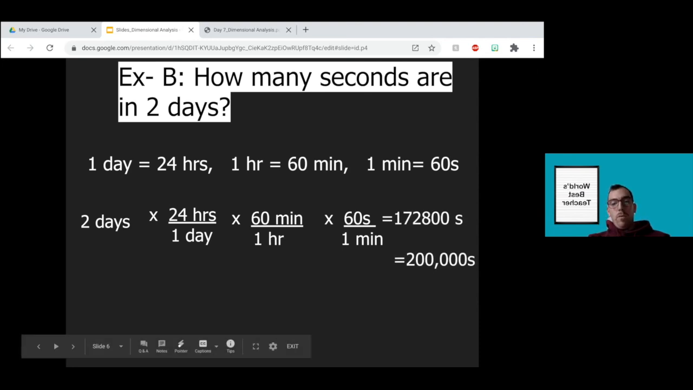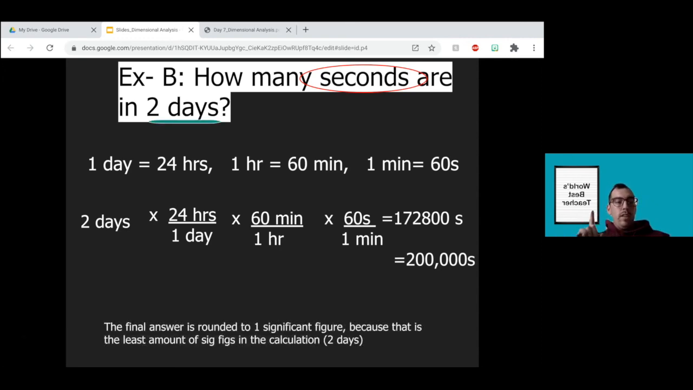And just like before, we got 172,800 seconds, but we round that to 200,000 seconds because the final answer is rounded to 1 significant figure, because that is the least amount of sig figs in the calculation. We were given our initial measurement of 2 days as 1 sig fig, so we had to round our final answer to